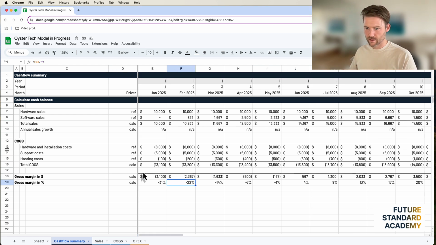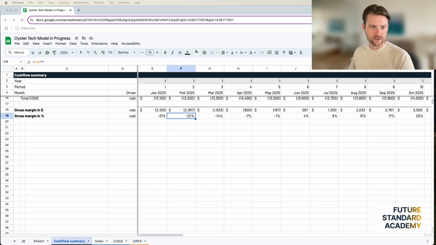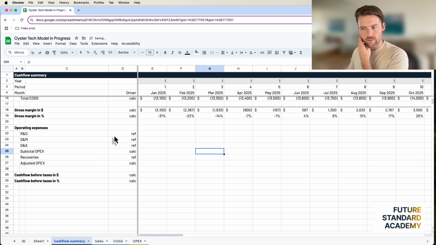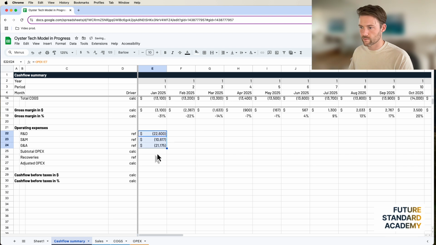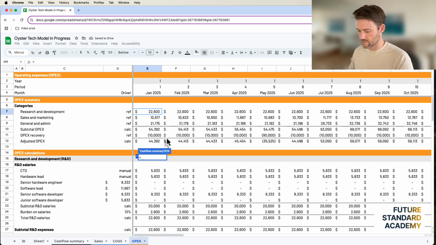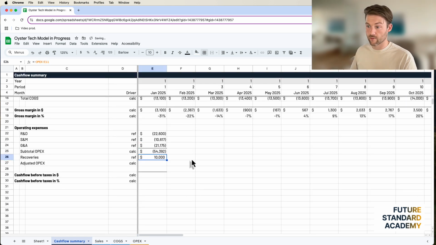What do we got next? So we go gross margins, and then we're going to go operating expenses. I'm going to bring that in, and I'm also going to bring in the cash flow before taxes. We're on January, so we're going to roll over here and get research and development. That's going to be a negative. Bring it down. That's going to capture the other two. That is a subtotal, that's a subtotal, that's a subtotal. They all need borders up on top. Sum these up. And then I'm also going to go to OPEX for this. Another negative, which is going to make that now positive, a cash inflow for the recovery.